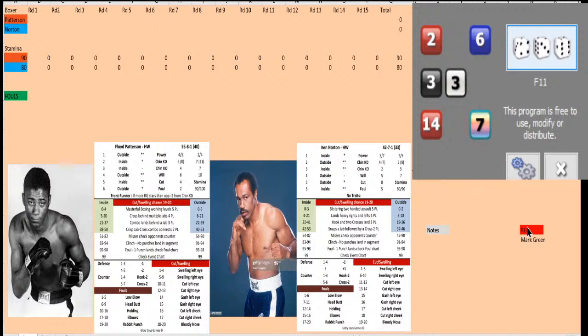2 and a 6. We'll see Norton on the offensive from the inside. 33 from the inside. Will be a hook and 2 crosses landed. 3 punches landed by Ken Norton. And the bell will sound as we had an exciting first round. Both fighters very busy. We have a round of